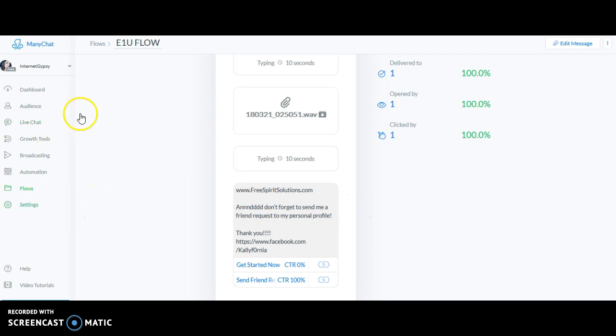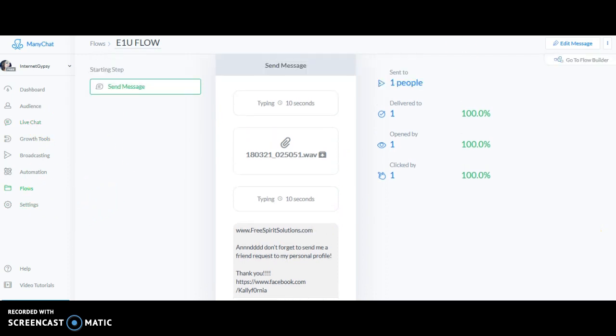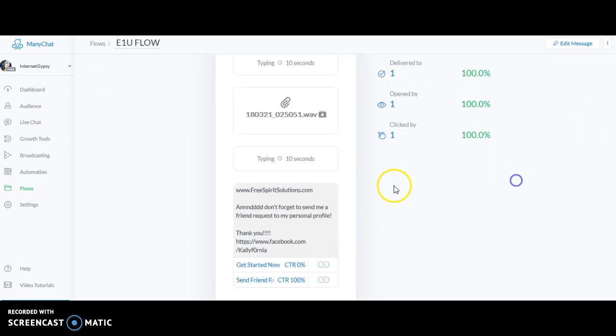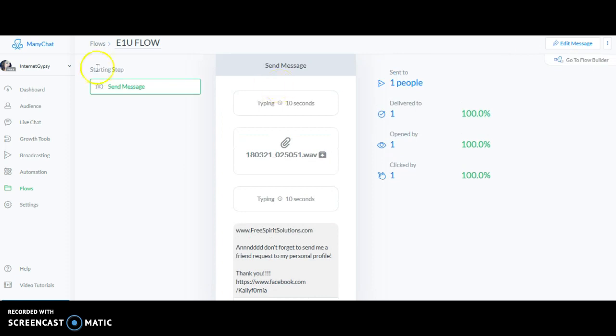So anyway, now going back. So now they get this message, and they have the option of going to the website or sending me a friend request. Those are their only two options right here. Okay. Now going back,